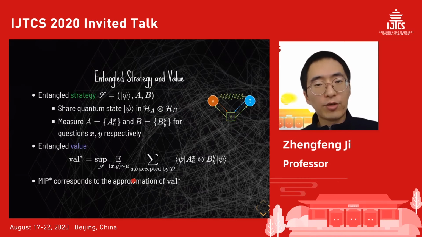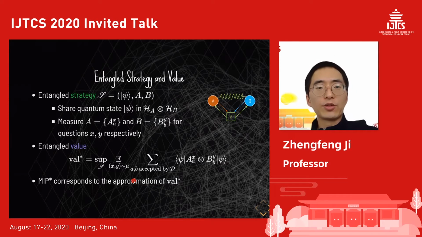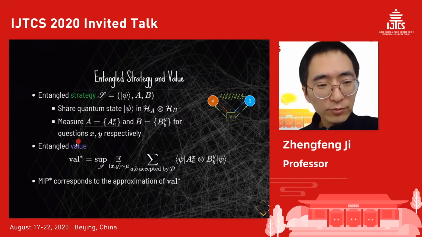Given a game, we can define two different values. One is called the entangled value, and it's a tuple of a state and measurements. The state is shared between two Hilbert spaces, H_A tensor H_B, and A, B are measurements indexed by questions X and Y. The entangled value is then the optimal winning probability of